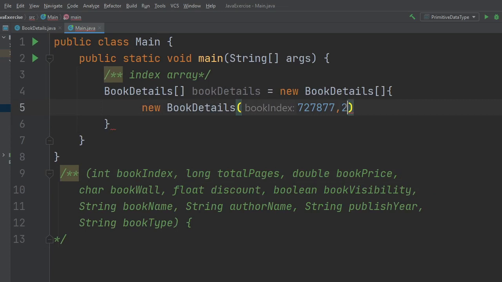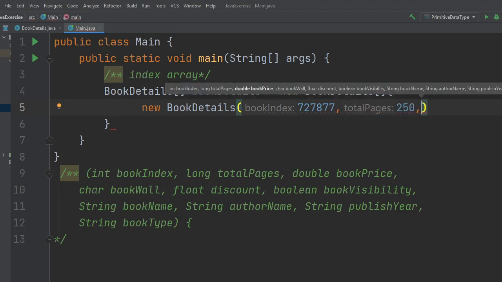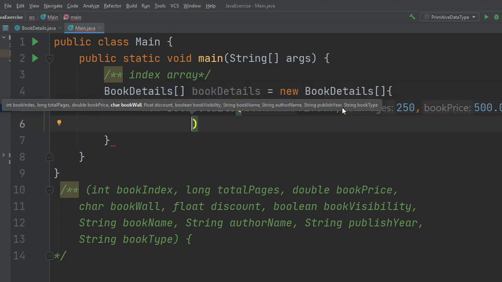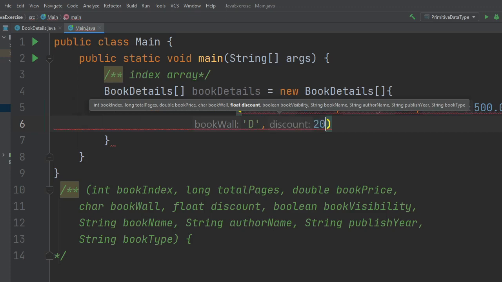Let's say this book has 250 pages, and we put our comma, and the next thing is the price of the book. Let's say 500. We put our comma again. We come to the next line. The book word, let's say, is in the D word. We put our comma. So you see, automatically the compiler is even helping us to select all of the data type we declare. So the discount, let's say, is 20% discount,